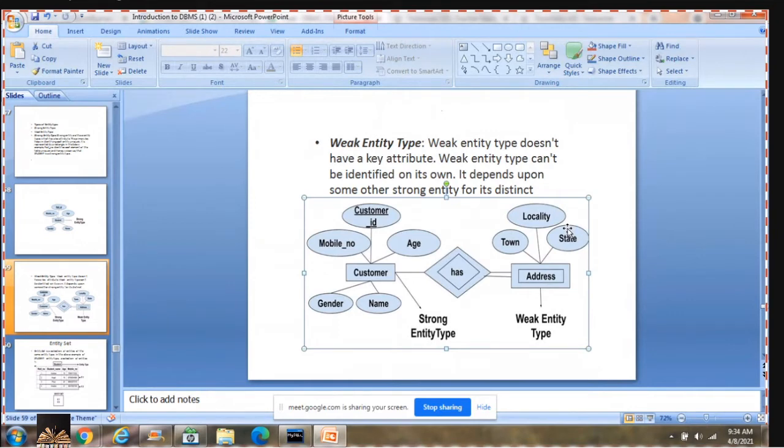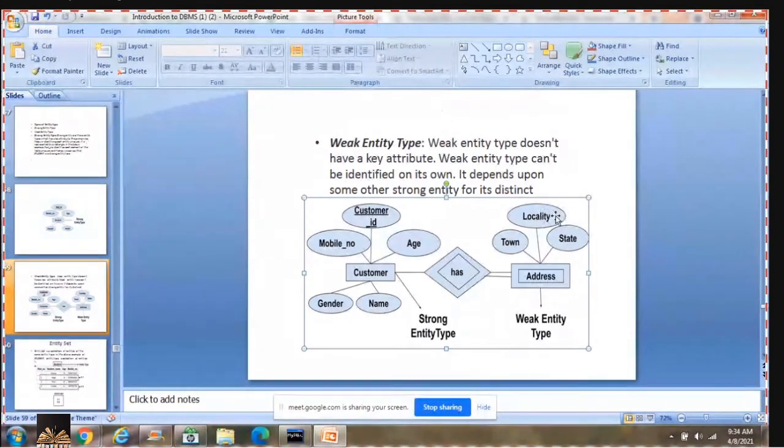If the first customer's town is T1, state is S1, locality L1, the second customer also has T1, S1, L1.